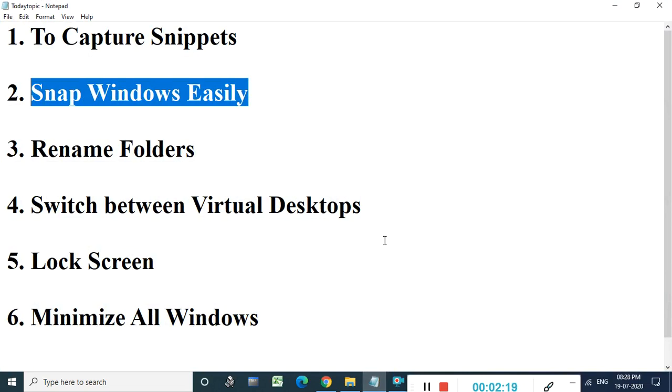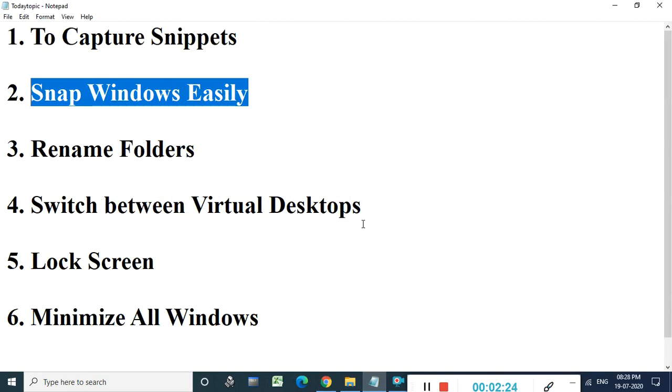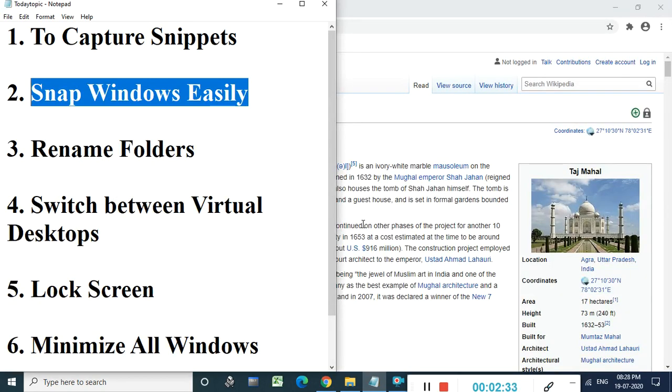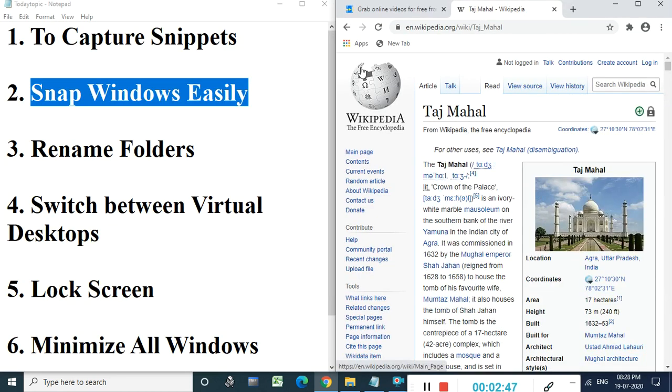See, my current window is my notepad. I want to move this notepad to the left. So now I am going to press Windows plus left arrow key. See, my notepad has been sent to the left side. Now my current window is my browser, and I want to move this to the right side. Now I am going to press Windows plus right arrow key. So it has been sent. By using these shortcuts, we can do multitasking.